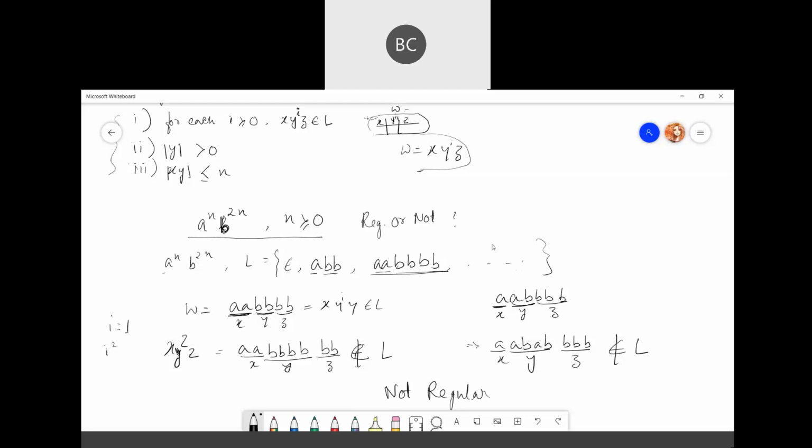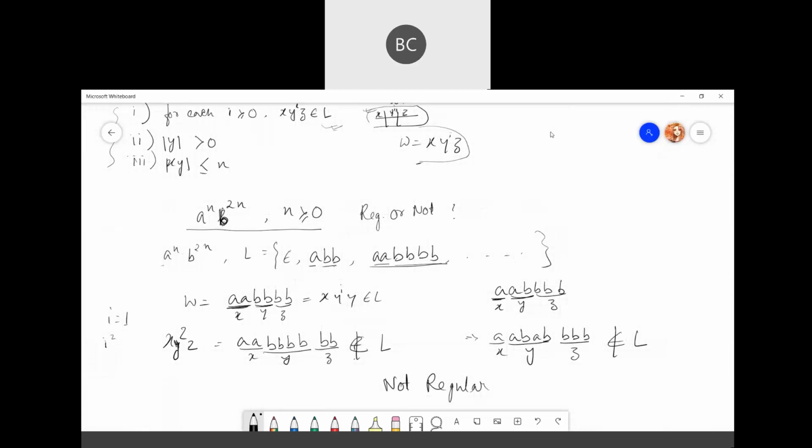Got the idea? Main condition, you need to check this one actually. From this number 1 only you will get your answer. We are simply pumping the value of Y here. And how you divide the string is totally up to you. It doesn't matter. There is no rule that you have to consider 2 alphabets as X or 3 alphabets as X. You can take it any way.